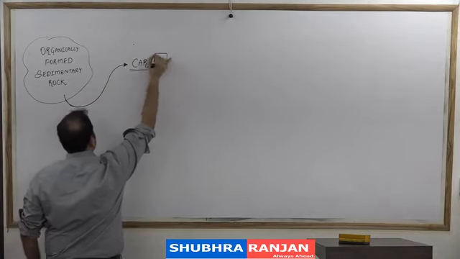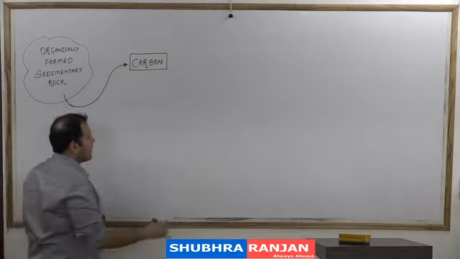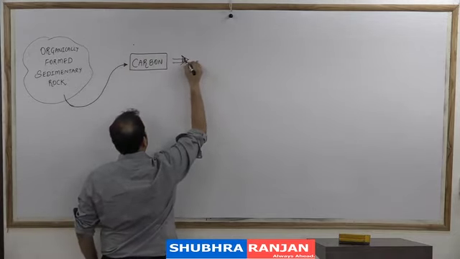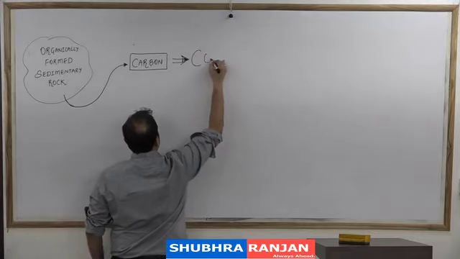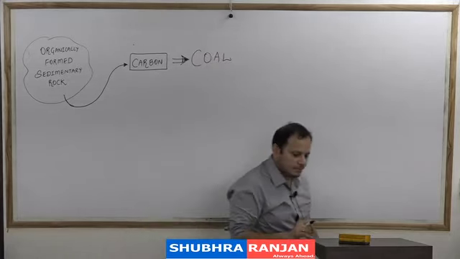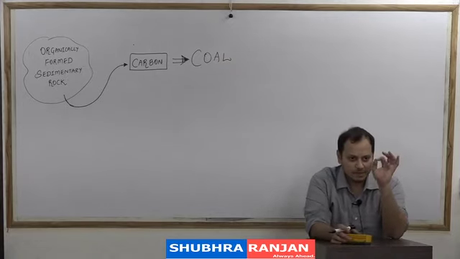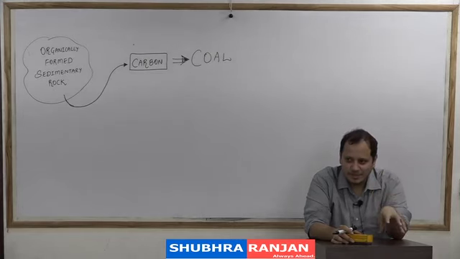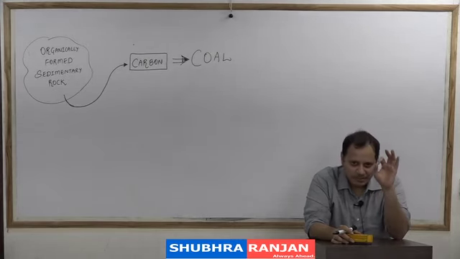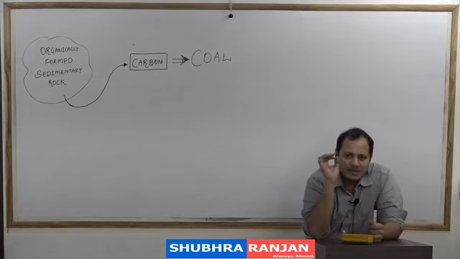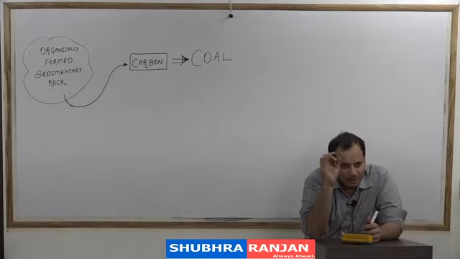If the rocks are rich in carbon, it will result in the formation of coal. So coal is an example of an organically formed sedimentary rock, whether it is peat or anthracite. Anthracite is slightly changed; anthracite is an example of a metamorphic rock, but coal,